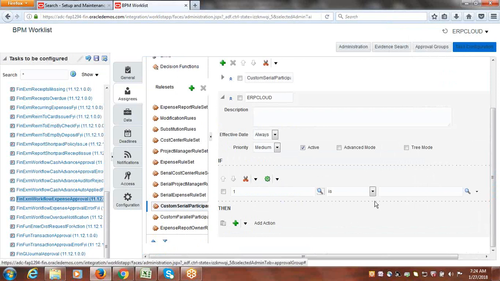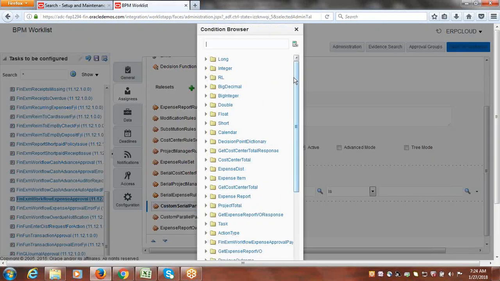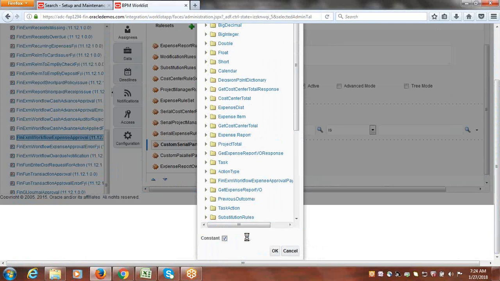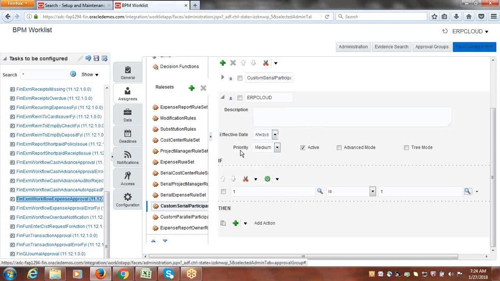One is one. Then the system will look for approvals as mandatory. Yes, a constant. You also enter one. The expression we are giving is one is one. Then